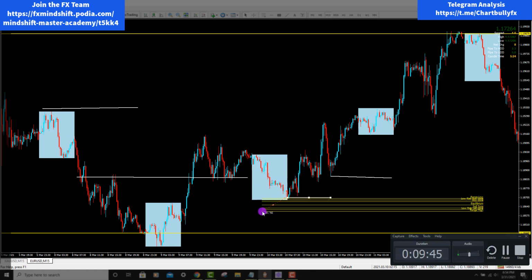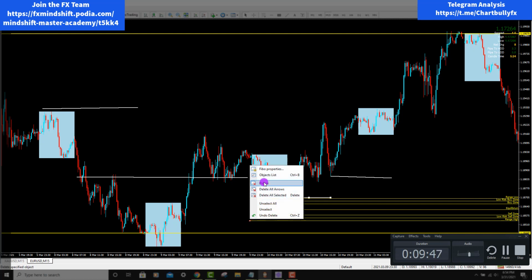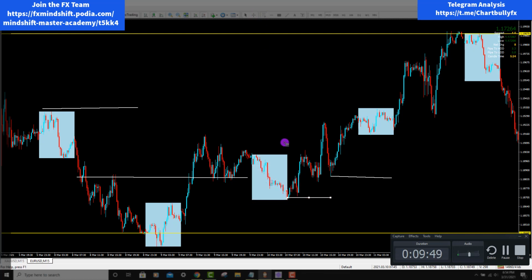But all right, so we got our structure, right? And I'm gonna delete this. So let's see, the next range we have is, we see the low of Asia, right? And you're always going to use the previous day as your range high. So right now, this is the low. As of right now, it could change, but you're trying to take the best and highest probable setups that you can, right?